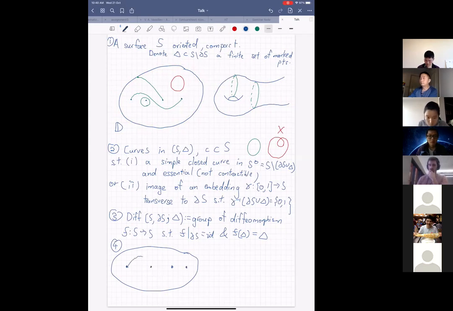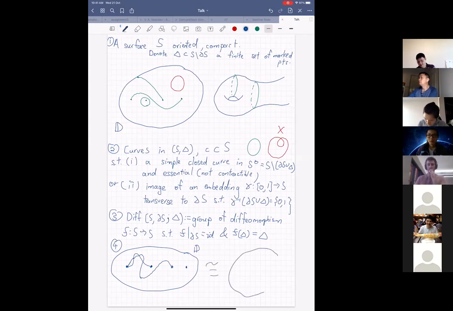So, for example, we have this kind of curve here, and then this kind of curve here. Let me see, I want to draw like this, and then maybe go up here and then intersect. Okay, so these are two perfectly good curves in your surface, but you can see that you can do some